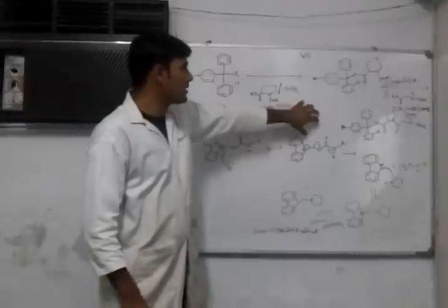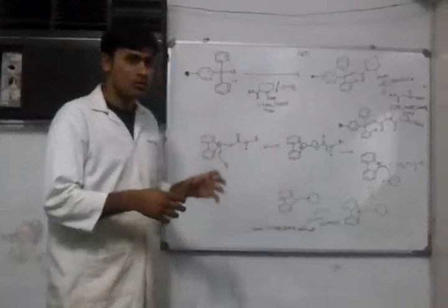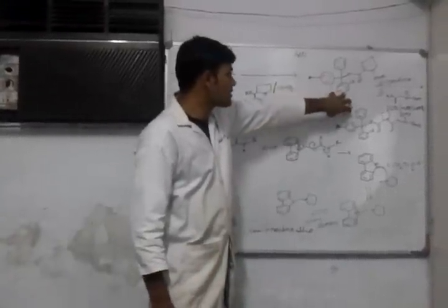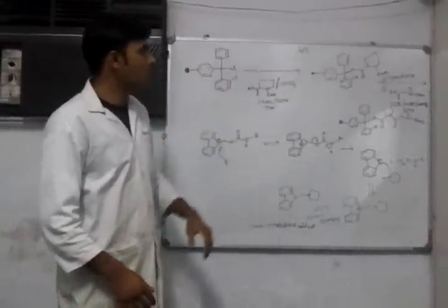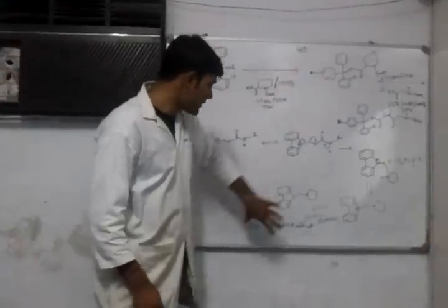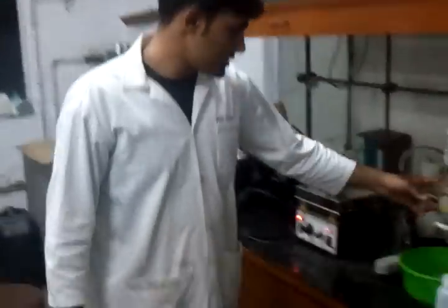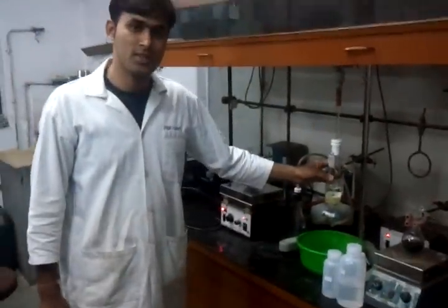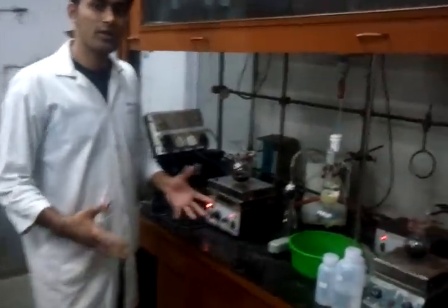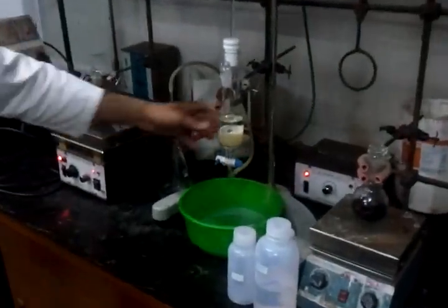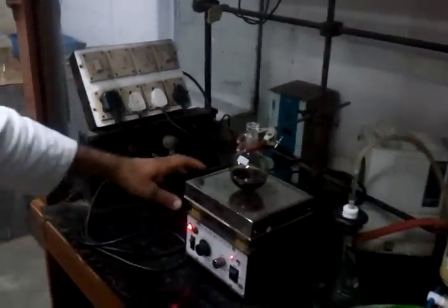But in the case of the polymer, such a thing is not available. So we need to determine the millimolar ratio, and we can determine it based on the generation of these particular products. Here you can see this is the assembly for the solid phase peptide synthesis, and this is the assembly for the conventional reactions.